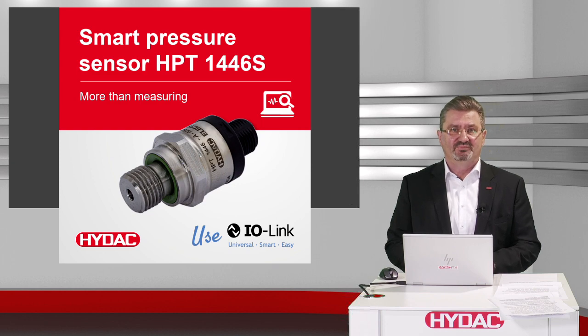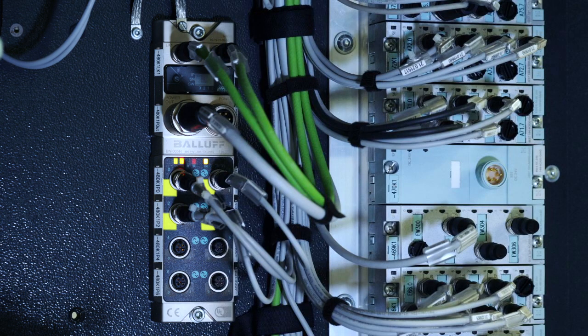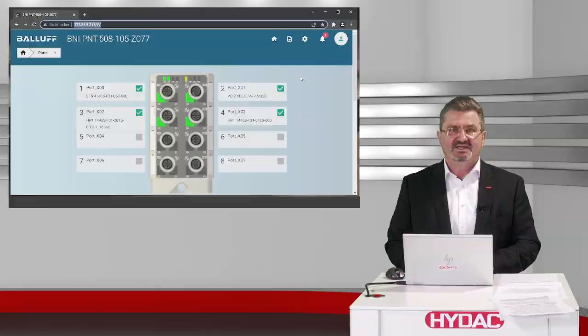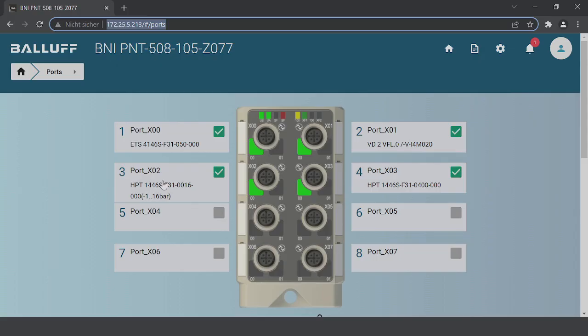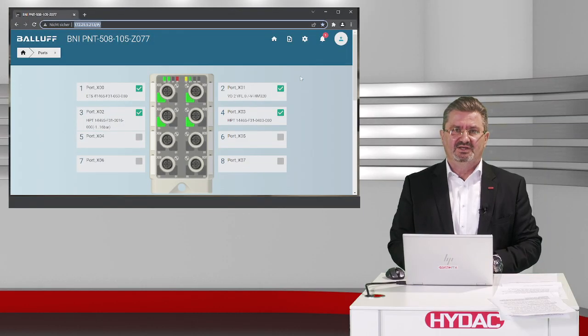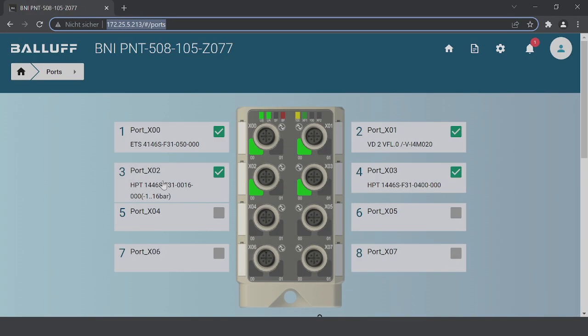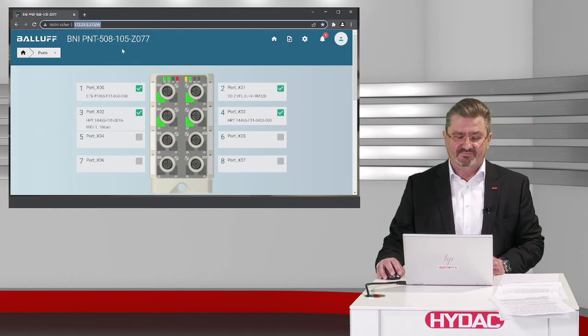done with a browser. Here we see a HYDAC fluid wall for a machine tool. The system is equipped with IO-Link master units and our HYDAC smart sensor. The system is connected to our HYDAC intranet, and I connect to the system with my browser by entering the IP address. I am now connected with the IO-Link master, and here at port 3 we have a smart pressure